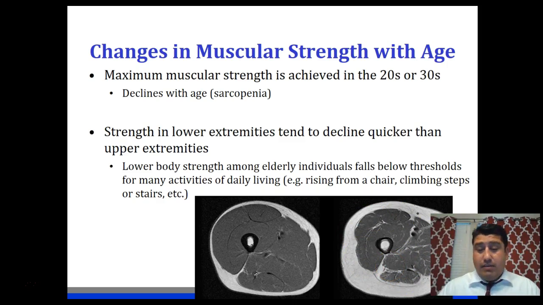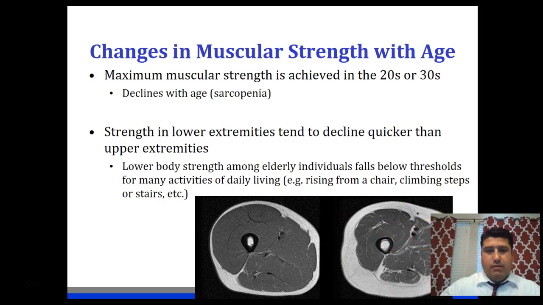Again, it's inevitable. This is going to happen regardless of how much you work out. But if you exercise throughout your lifetime, then the decline in muscle mass is slower, and the increase in fat mass is also slower. So this doesn't happen as quickly. But those who don't exercise at all, by the time they get to 63, have very little muscle mass and a lot of fat mass.